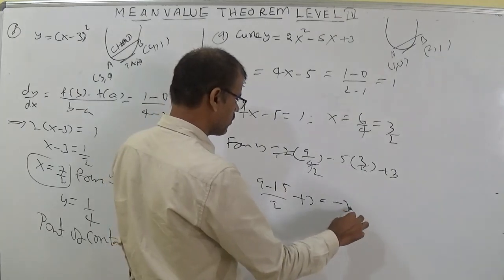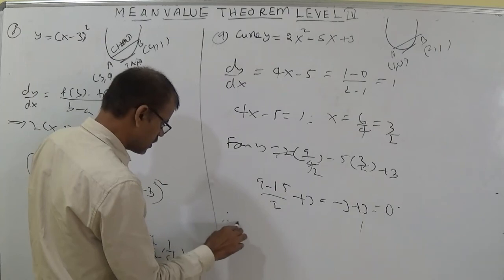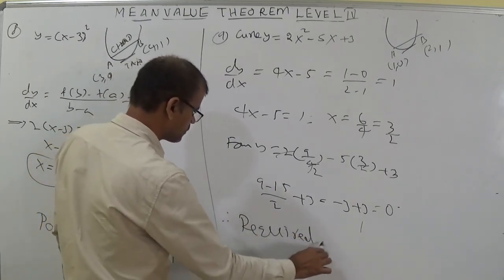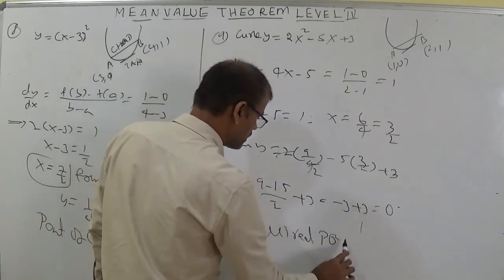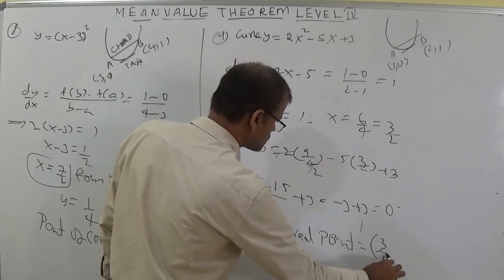Minus 6 by 2 is minus 3. Minus 3 plus 3 becomes 0. Therefore, the required point I am writing. Required point. Point of contact of tangent is 3 by